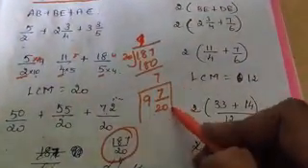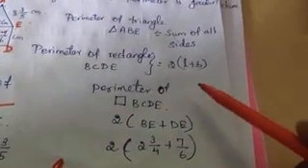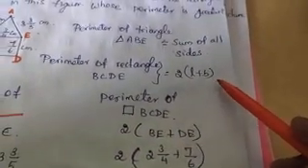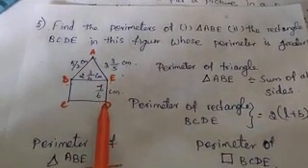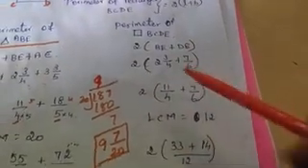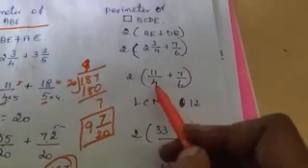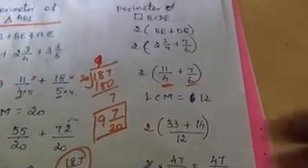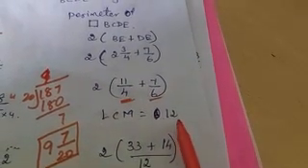So the perimeter of the triangle is 9, 7 by 20. And come to the rectangle. Perimeter of the rectangle, just now we have seen, the formula is 2 into length plus breadth. Here the length is 2 3 by 4 and the breadth is 7 by 6. So convert 2 3 by 4 from a mixed fraction to improper: 4 2s are 8 plus 3, 11 by 4, plus 7 by 6. Here also the denominators are not the same, so we have to find the LCM. For 4 and 6, the LCM is 12.